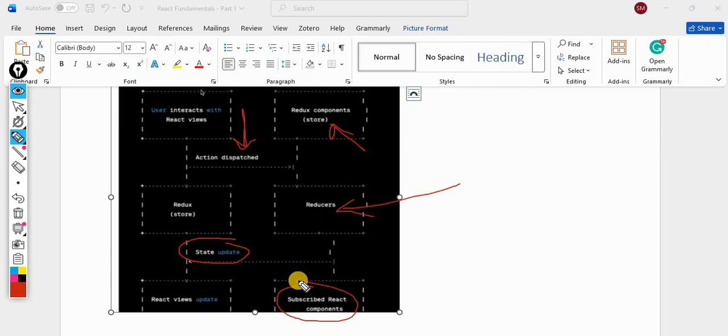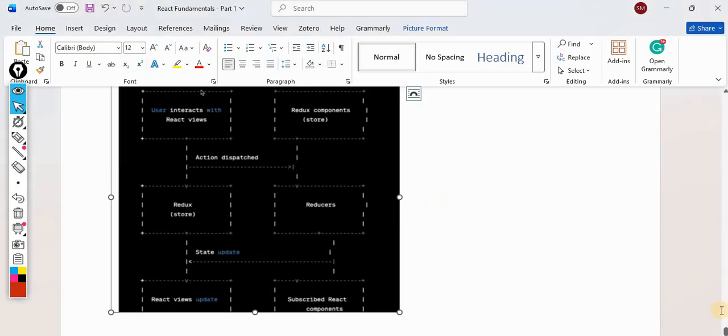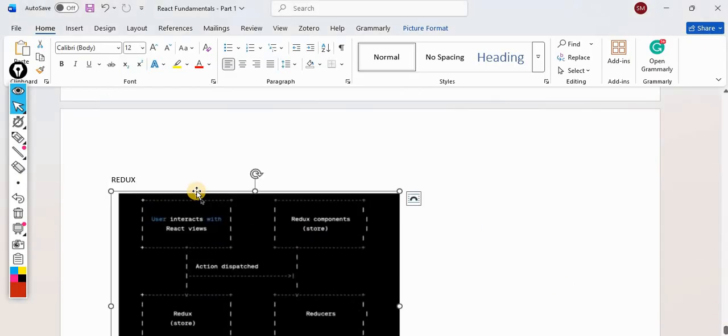It means now the flow gets changed. Earlier we have seen useContext, and that flow was very simple. Now there is a procedure, there is a system. And the whole thing is part of Redux. So what is Redux?